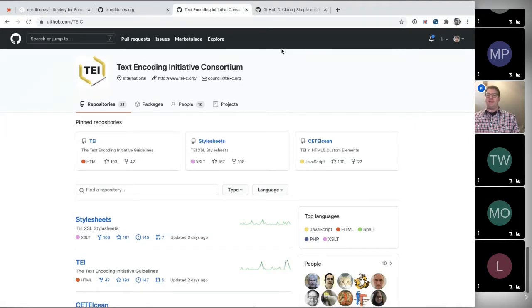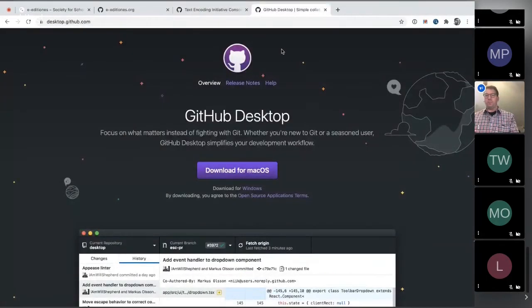And in order to make the inevitable technical terms make sense a little bit more, I'm going to lead you through a demonstration of how you can get started with Git and GitHub. So I'm going to be using software that is produced by GitHub. It's called GitHub Desktop. You can download it from desktop.github.com or just Google